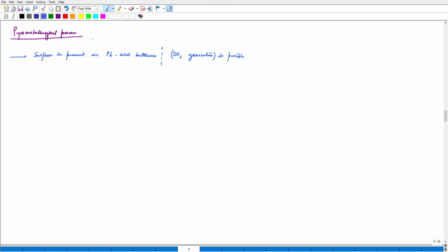Now there are two methods of handling such types of wastes: direct and indirect. Direct smelting, indirect smelting. One has to think about SO2 generation and then think which route they would like to follow. Is it direct smelting or is it indirect smelting? So while direct smelting, we'll just write direct smelting